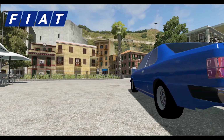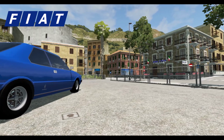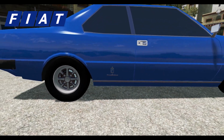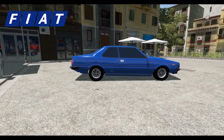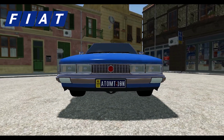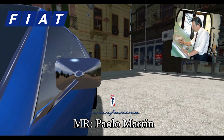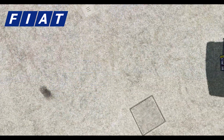Alright, my friends, the next car is a very special car made by our dearest friend, Mr. Spazi himself. Now, this particular car is, of course, the Fiat 130, a brilliant looking Pininfarina designed two-door executive car. It was an absolute proper beauty. It was designed by Mr. Paolo Martin at Pininfarina at the time. It was an amazing car, very advanced and very luxurious and cool and very nice to drive